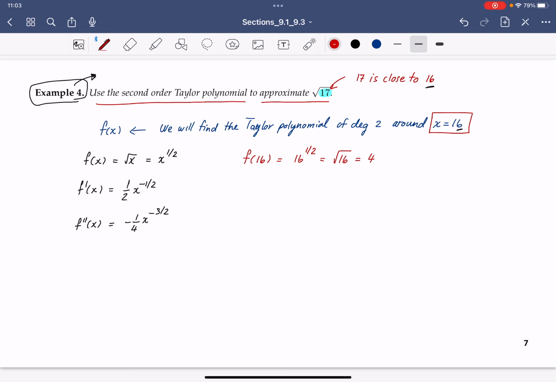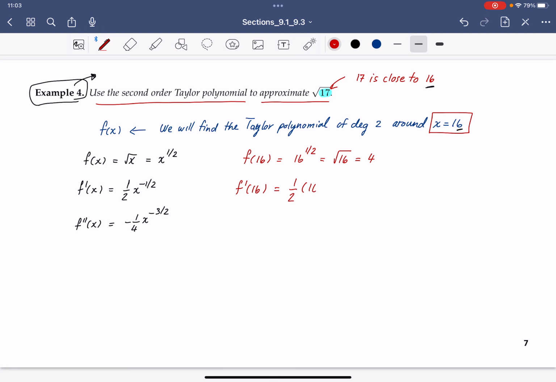But on the exam or on the homework, when you do the problem in the book, they're going to specify the center for you, so you don't have to worry. But this is a problem in real life, that sometimes you feel like you need to specify the center by yourself. f prime of 16 is going to be 1/2